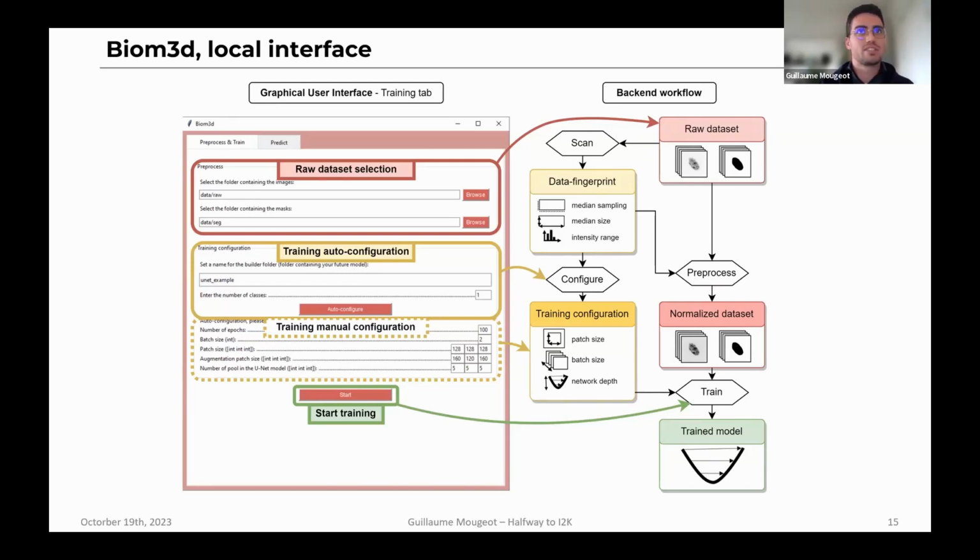It really depends on the difficulty of your problem. But as an experiment, so far, I've found that with around 100 images, it works fine. And for nuclei, for example, which is quite a simple problem, you need less than that. So that's your inputs. And basically, with the Biom3d graphical interface, you could just click on auto configure, and the software